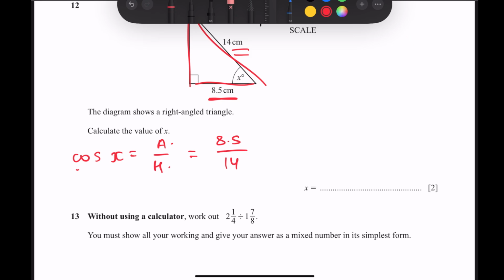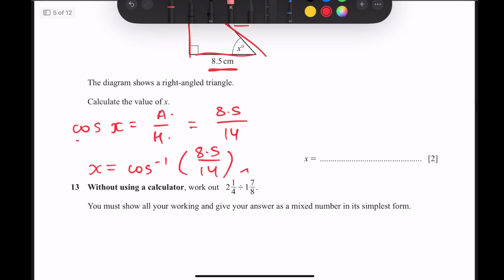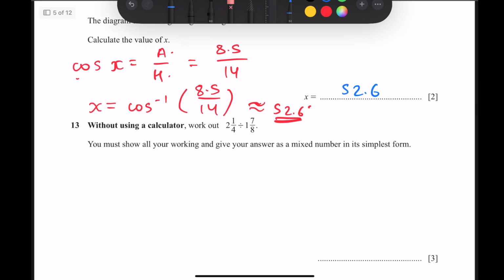Now since cos x is equal to 8.5 divided by 14, to find x, we do cos inverse of 8.5 divided by 14. And in the calculator, this works out to approximately 52.6 when rounded to one decimal place. 52.6. Now question 13 says, without using a calculator, work out a mixed fraction of 2 1/4